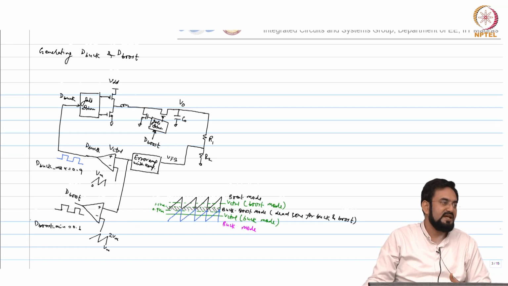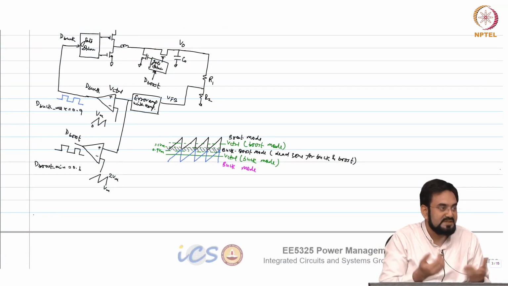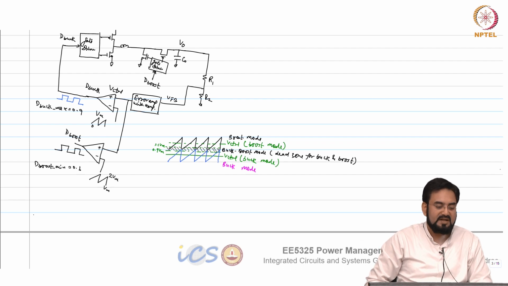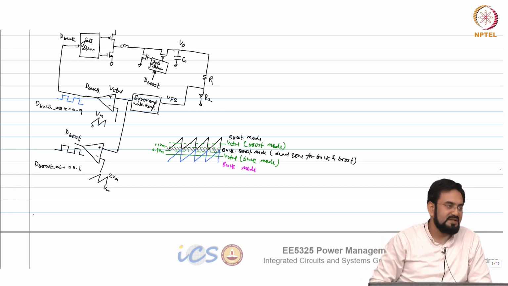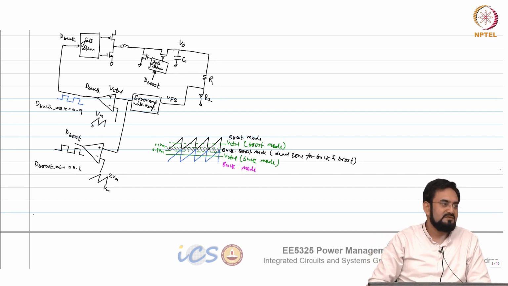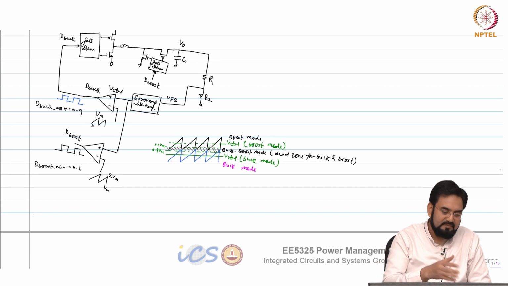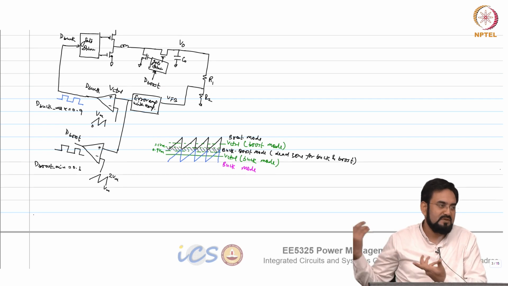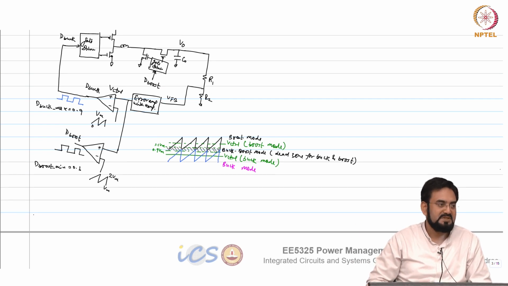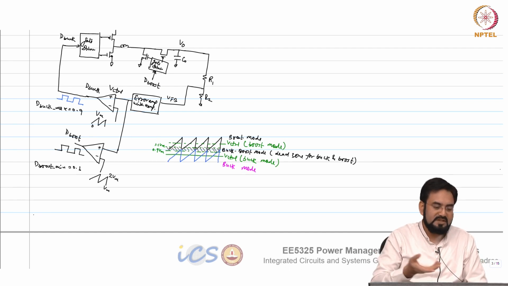Or you have limited your duty cycle very close to 100%, 98% or so, even then maybe you will not get that transient. Otherwise, what is the brute force way? I do not want to do anything, and I want to limit this. You just increase the output cap. That will limit your undershoot, overshoot. So, that is what people do. If you are not doing any intelligent control, then that is the cost you have to pay. You have to arbitrarily increase the capacitor 3 times, 4 times, whatever, to reduce those transients.